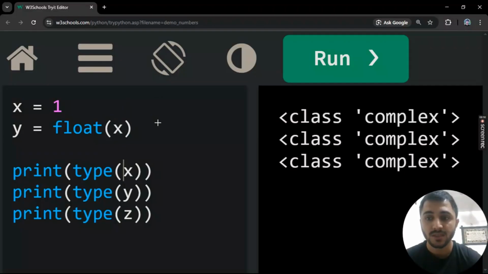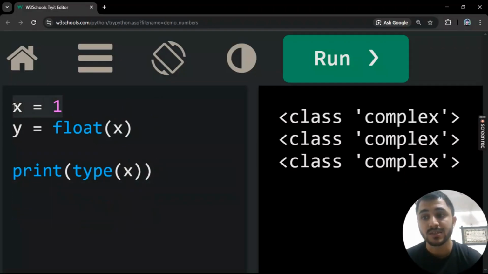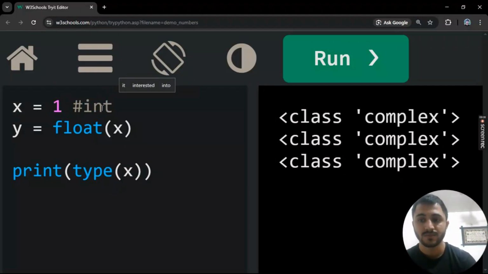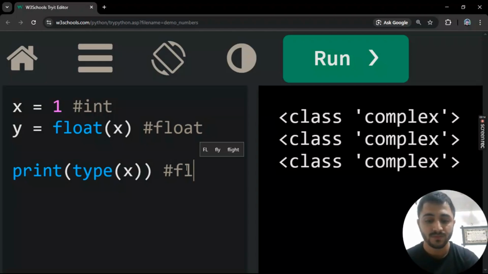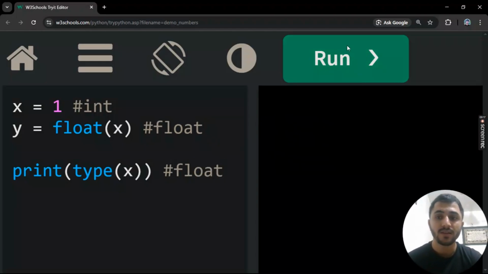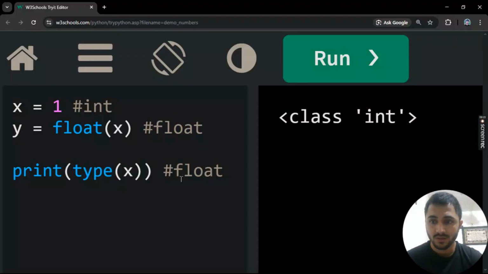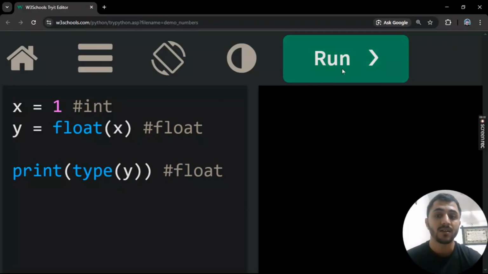We have to put x, and if we see the data type of x, as you can see, here its value type is integer, but here it has become float. If we run that, you will see float, because we are taking the x value. However, we converted the x value into float in the value y. So if we run that,